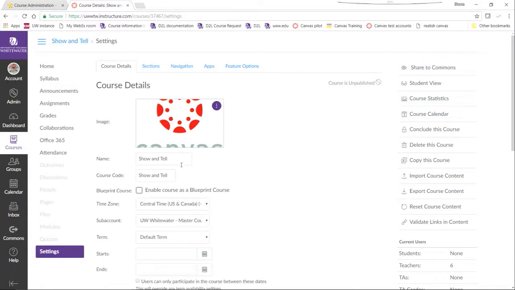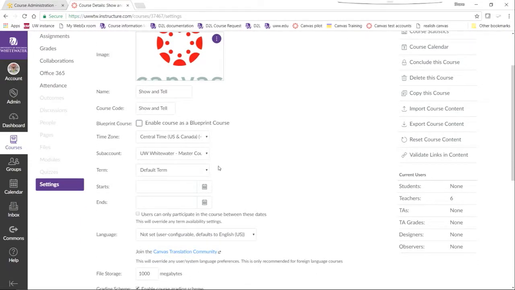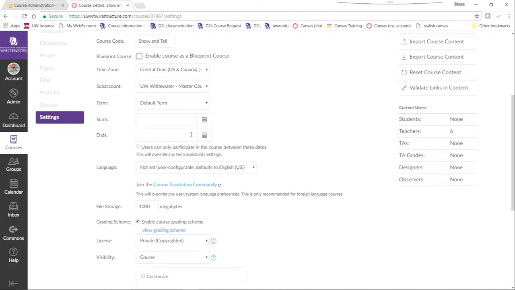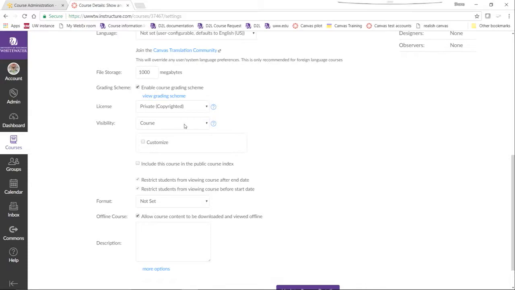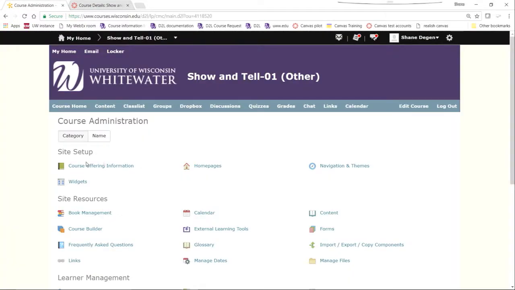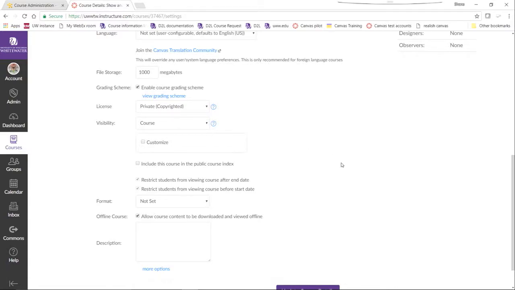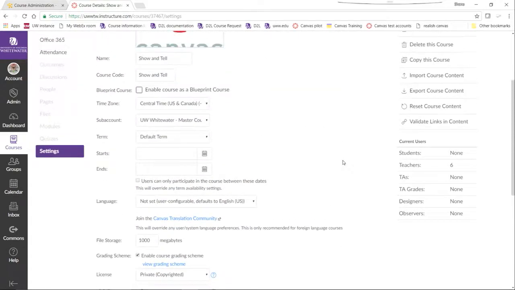So things like the name of the course, start dates and end dates, and whether or not the course is active were all previously found in the course offering information. There used to be some customization available with home pages and navigations and themes. As a statewide effort to allow students an easier transition from school to school and class to class, the amount of customization has been reduced between courses.